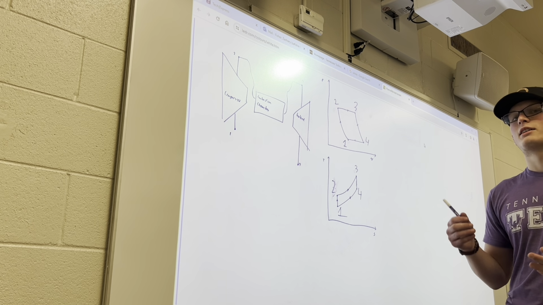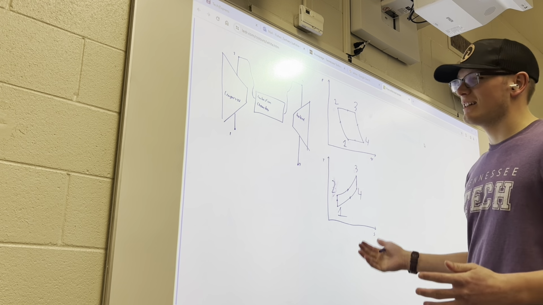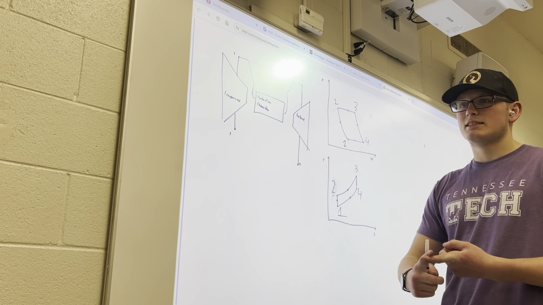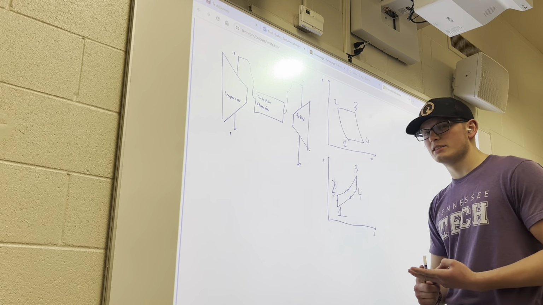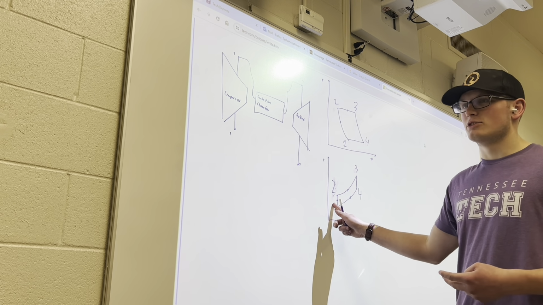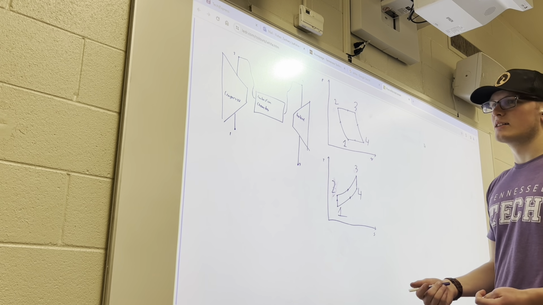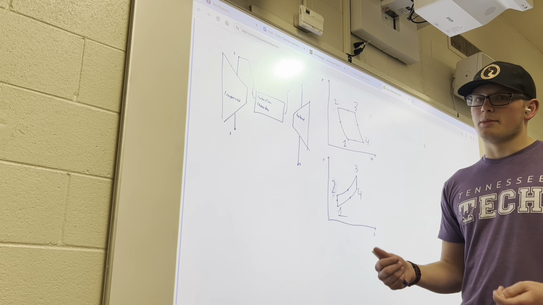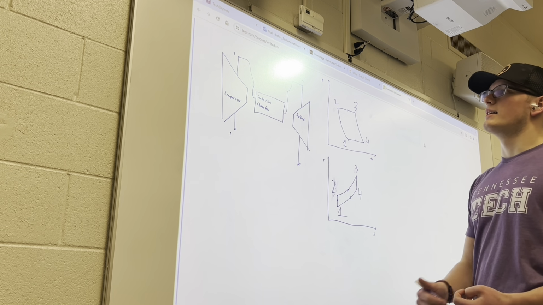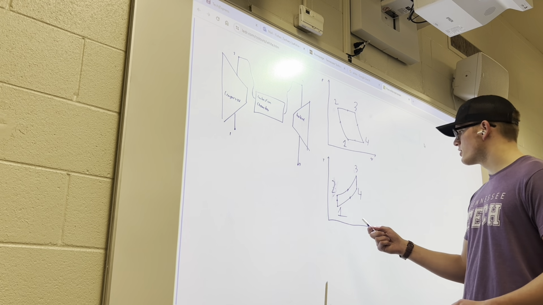Now because we're assuming a cold air standard problem, that just means this is the most idealized problem that we could have. So things like the ideal gas law are taken as absolute truth. We get to use a few extra constants, which you'll see in our problem later. And we get to assume that these actually are isentropic processes, meaning that the entropy does not change. In a real Brayton cycle, this would not be a perfectly isentropic process, and then we have to bring in some more formulas to find efficiency for the turbine and for the compressor. But for our purposes right now, we get to assume that entropy doesn't change